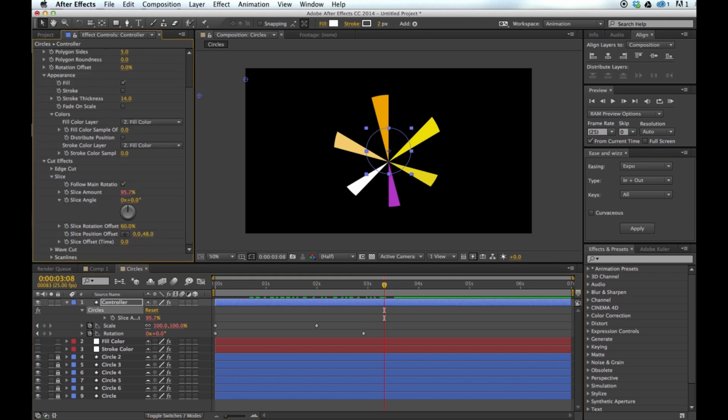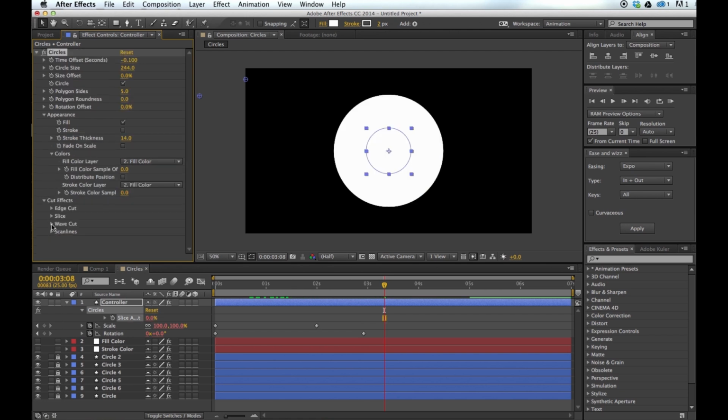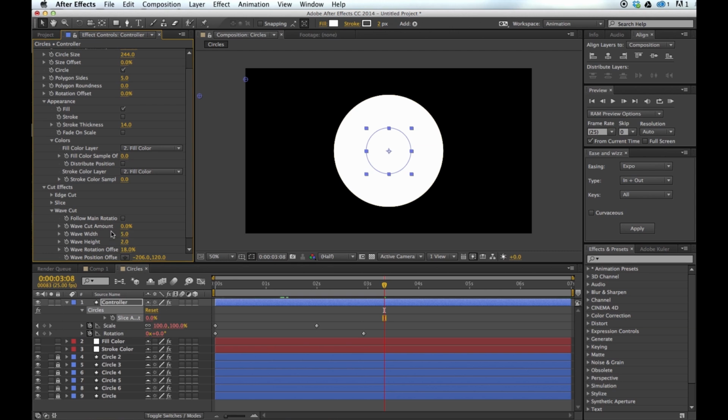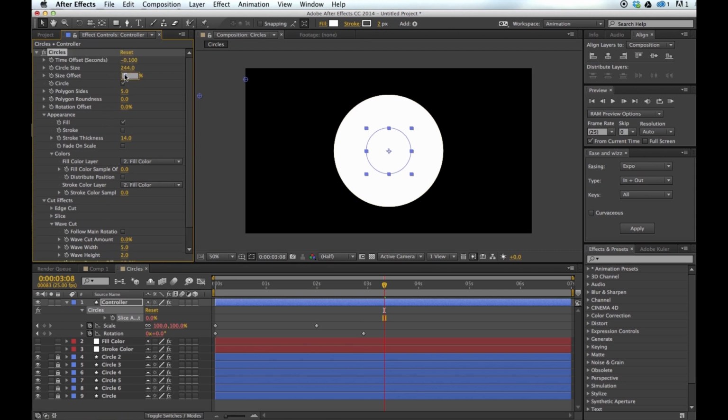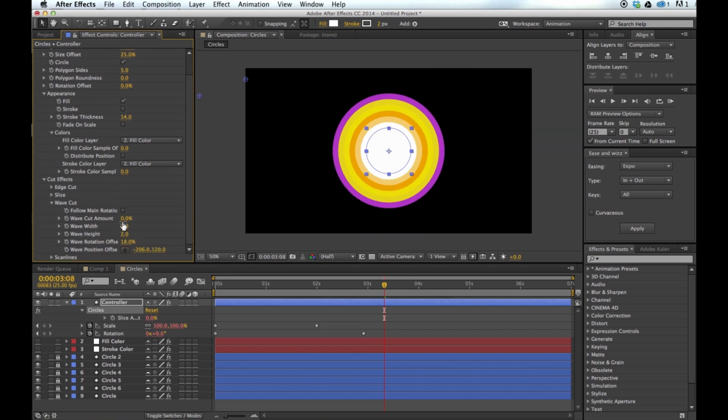The next thing that we can have a look at would be the wave cut, which sort of does what it says on the tin, really. Sorry, I just set this back to 25, and I think this was 100. And the wave cut, again, I've been messing around with it, will cut through your object with a wave shape. We can change the width of the wave, we can change the height of the wave,